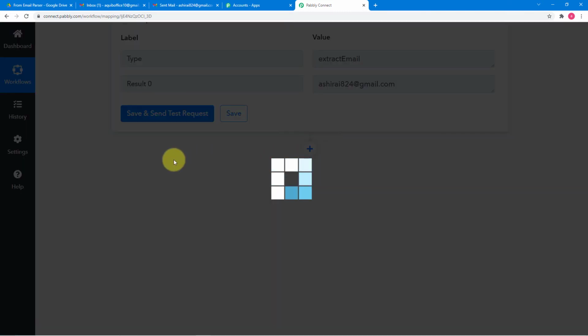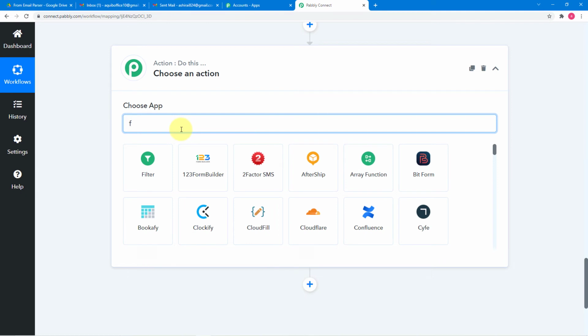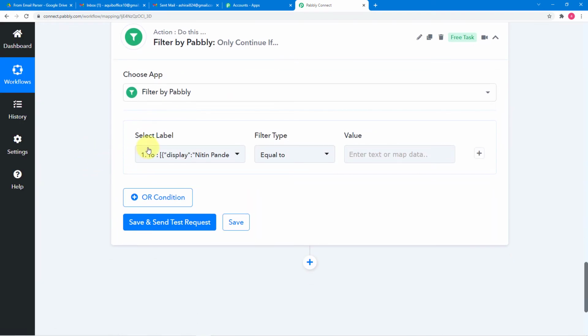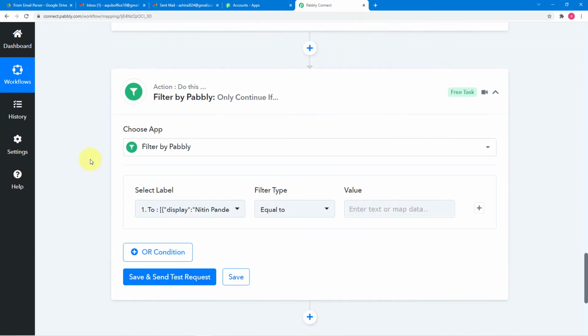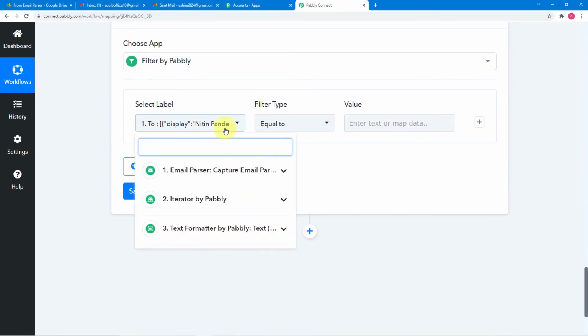Now click here on this plus icon again, and from this action window we are going to choose filter by Pabbly, this one. And here in this select label option, we are going to select this result label which we got from the previous step. When you click here, you will find this text formatter option.